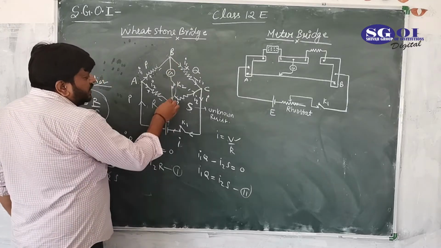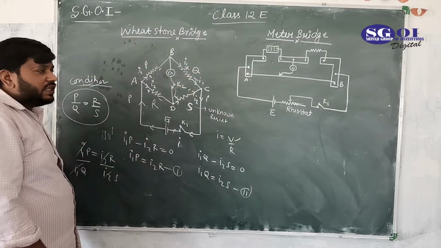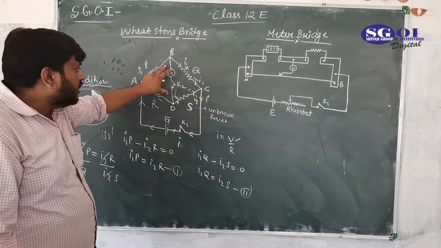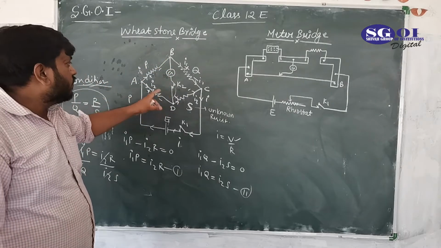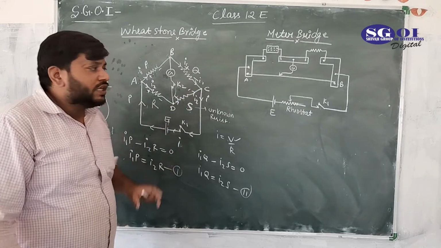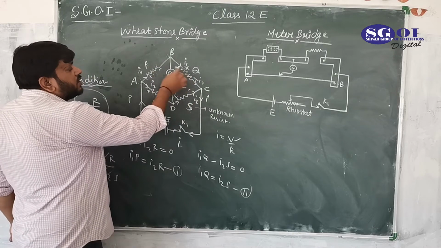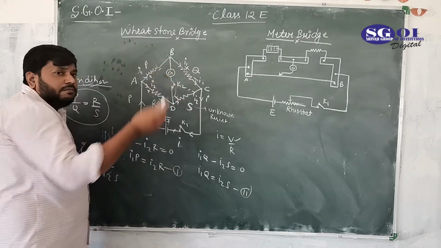So if there is a resistance and the bridge is in the balanced situation, it means there is no current. It means we can remove that resistance and we will not count it for finding the equivalent resistance of the whole circuit. Simply these two will be in series, and the combination of this and the combination of this would be in parallel.